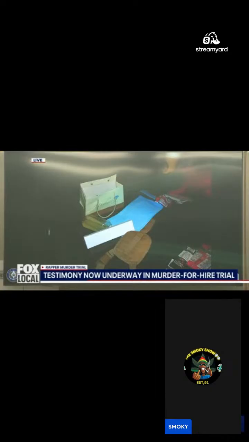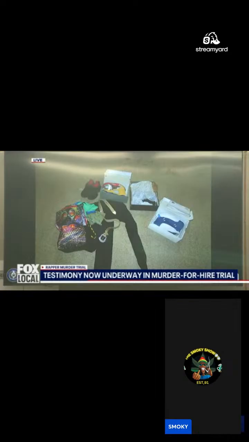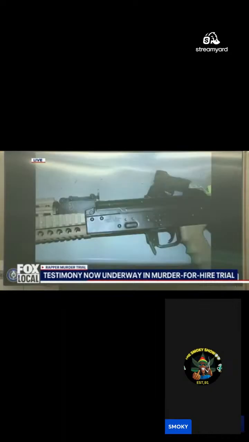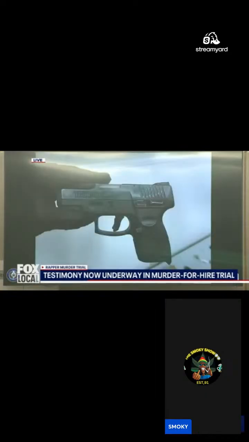State's Exhibit 646. Yeah, the back seat. State's Exhibit 647. Those were clothing items that were found in the vehicle that we photographed. 648. That is the trunk of the vehicle right in front of the speaker box. 649. That's a photograph of 2 of the weapons, the AK-47 and the Taurus. And what color? It's tan and black.